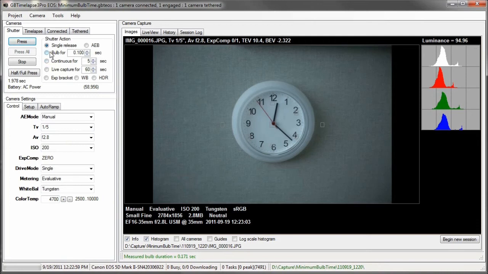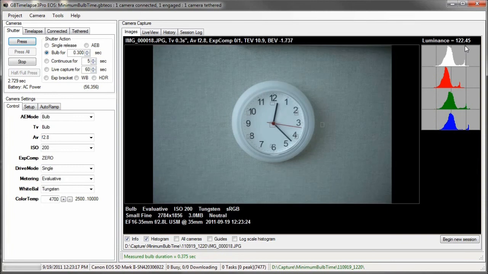If I go to bulb at 0.2 seconds, it gives 99, so it's a little brighter. So it's not accurate at 0.2 seconds. What about at 0.3? At 0.3 it's 122,